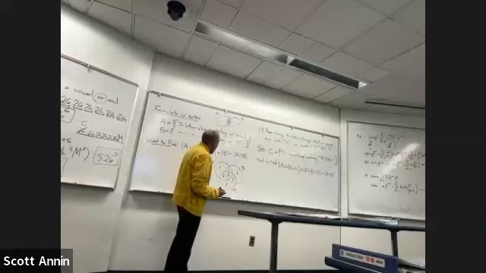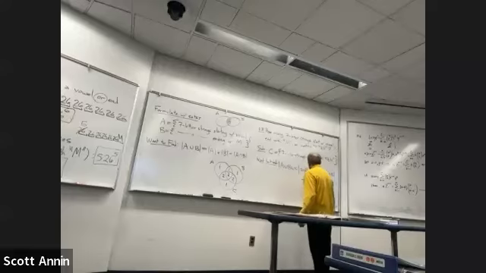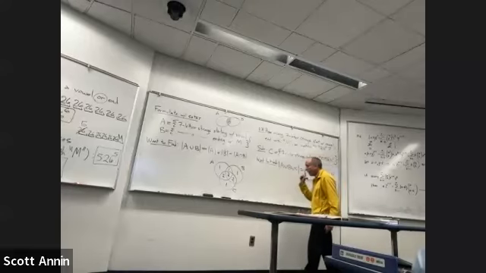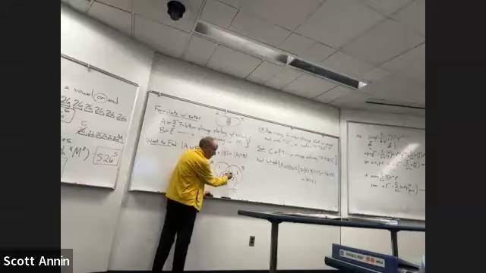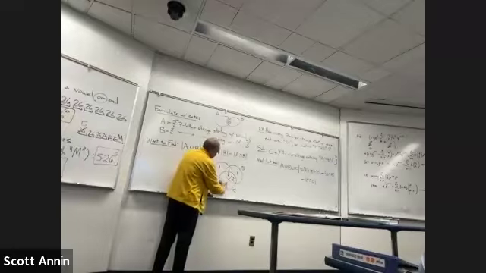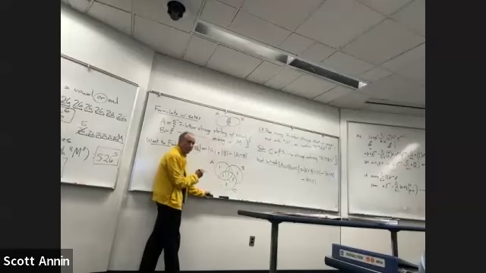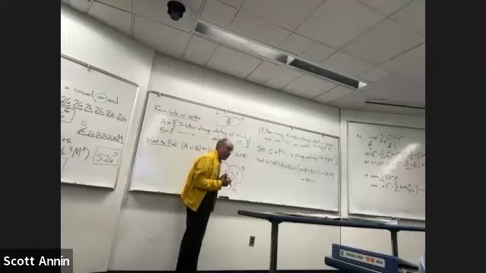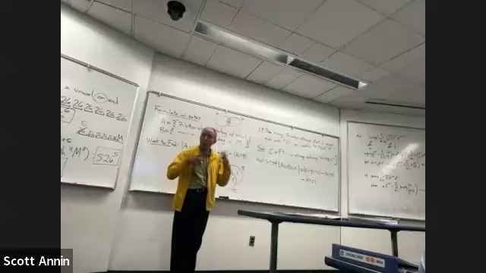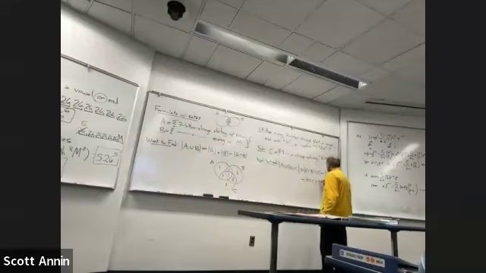Okay, and I can see that I still have too many things being counted. I'm gonna do more subtraction. I'm going to subtract the intersection of A with C, which is actually these two parts of my Venn diagram. So this goes down to a 1, and this one also goes down to a 1. And I almost have it right, but there's one little section that has been double counted, so I'm gonna subtract the intersection of B and C.